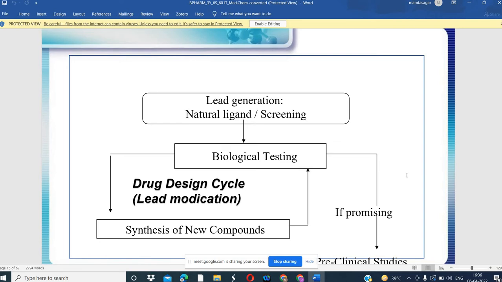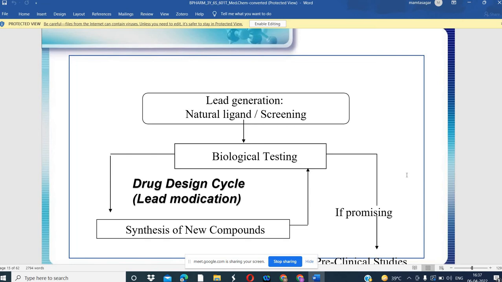What is this? Initially we used to take a lot of chemicals, or we can say there may be the natural source, natural ligand. So natural ligand, natural chemical molecule we extract from the natural sources like plant extract that have been extracted from herbaceous plants, short-heighted plants. Okay, so there are so many herbaceous plants. You also know about that. So there are different types of the natural drugs.